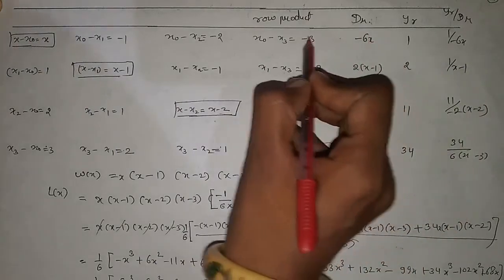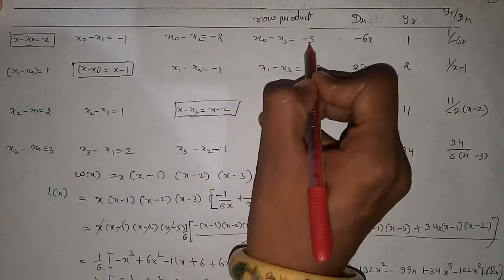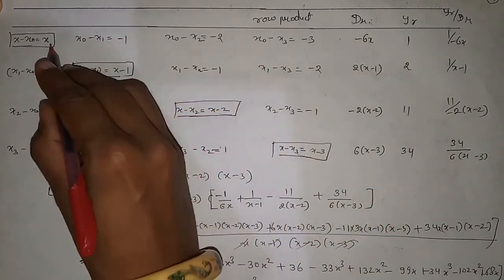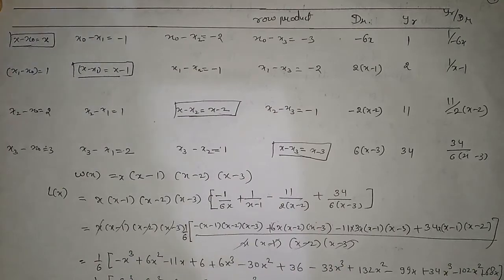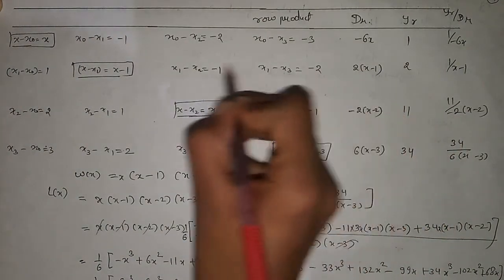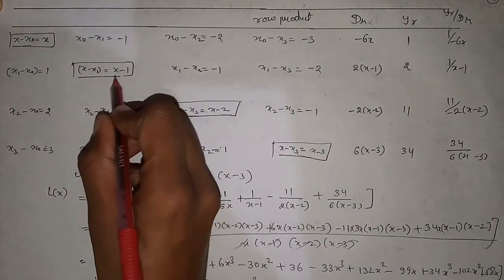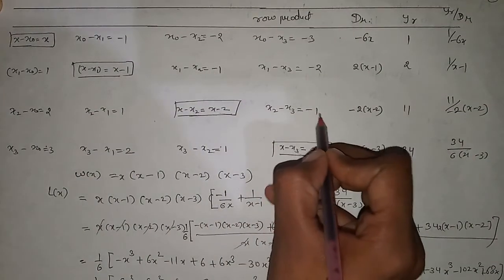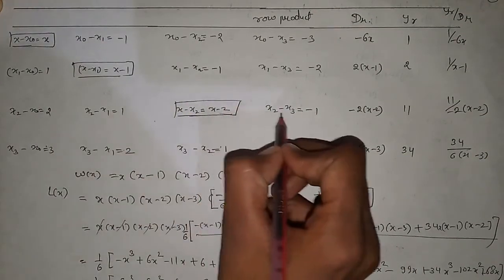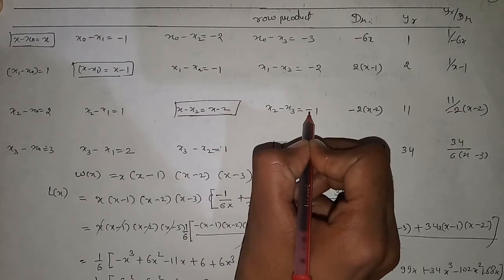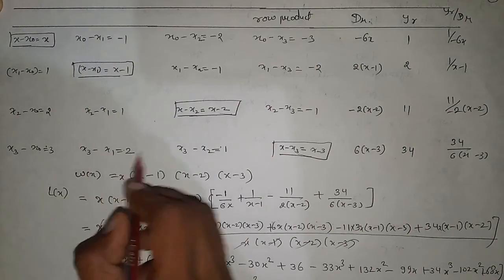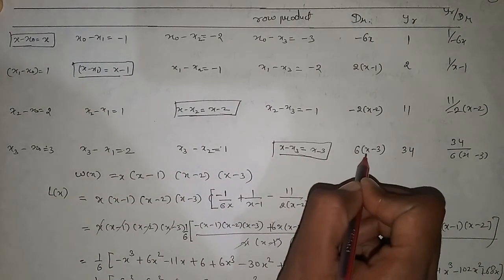Now D_r is nothing but the product of all these terms. So 3 into 2, minus minus plus, and minus, so this is minus. 3 twos are 6, 6 into x, so minus 6x is D0. Now for the second, D1, we have minus 2 into minus 1 plus 2, 2 into x minus 1, so 2x minus 1. Similarly, minus 1 into x minus 2, then 1 into 2, so 2x minus 2, but with the negative there it is minus 2x minus 2 for D2. Now for this one, 3 into 2 is 6, 6x minus 3 is our D3.